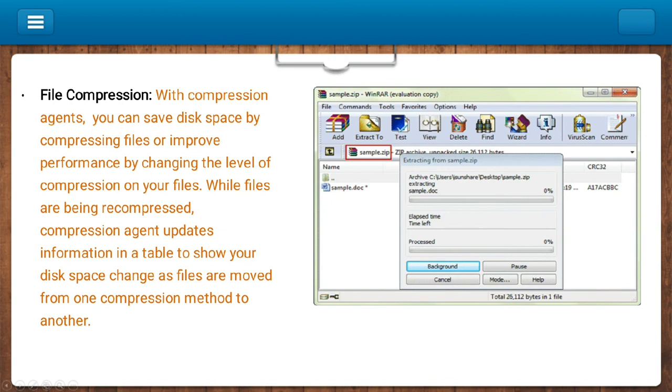Okay, so this file compression is actually useful to reduce the file size and hence save your disk space. While files are being recompressed, the compression agent updates information in a table to show your disk space changes as files are moved from one compression method to another. So we have different types of file compressing agents. One such you have seen is your WinZip, right? If you have used WinZip,